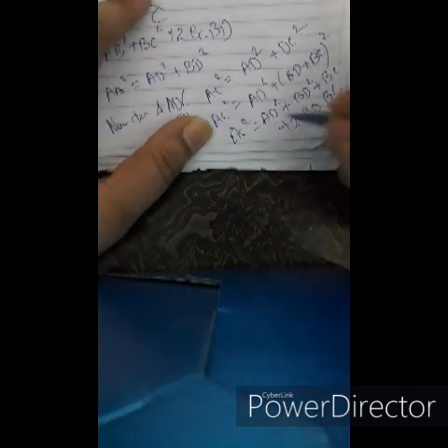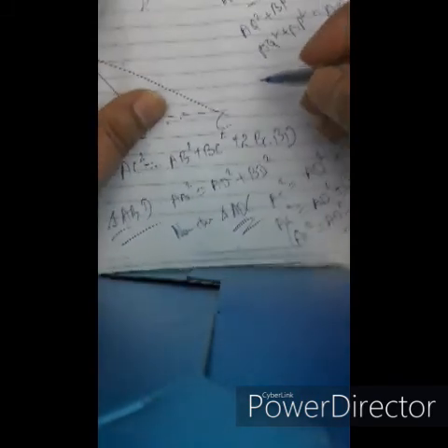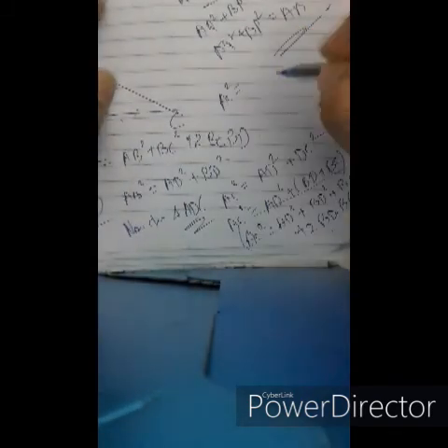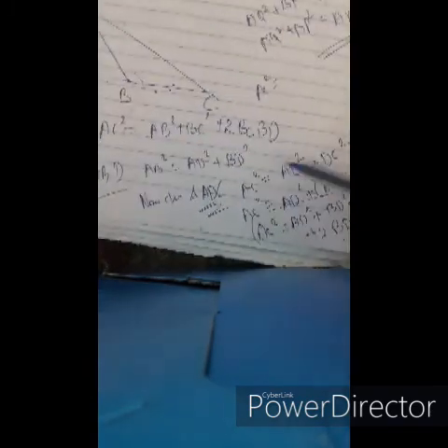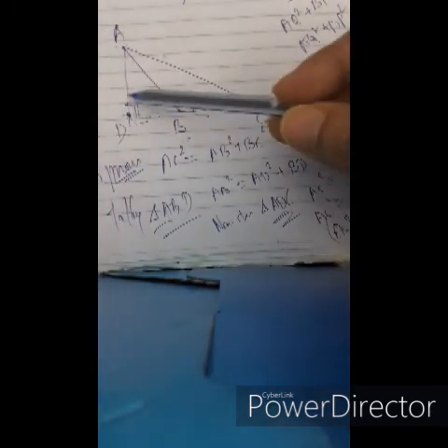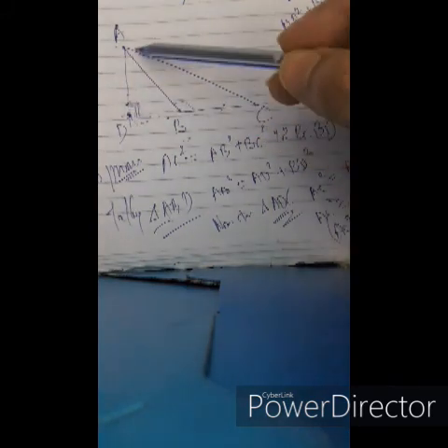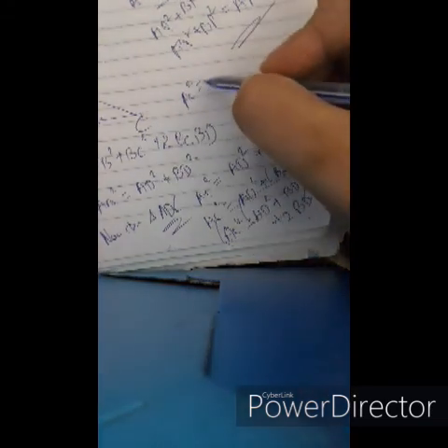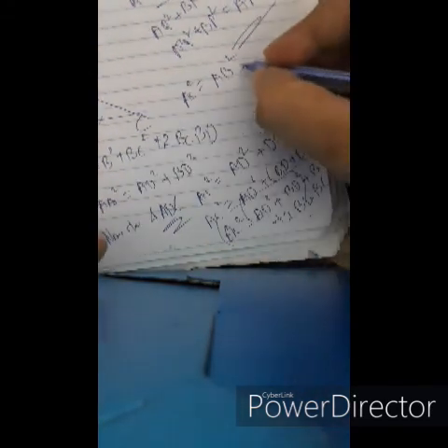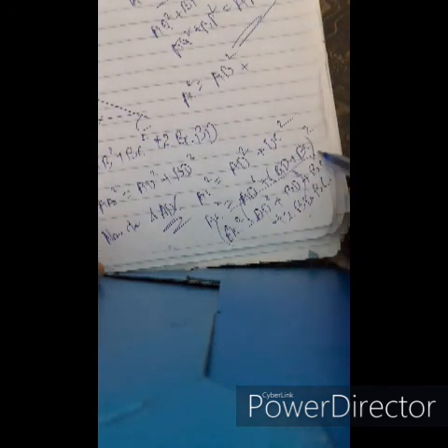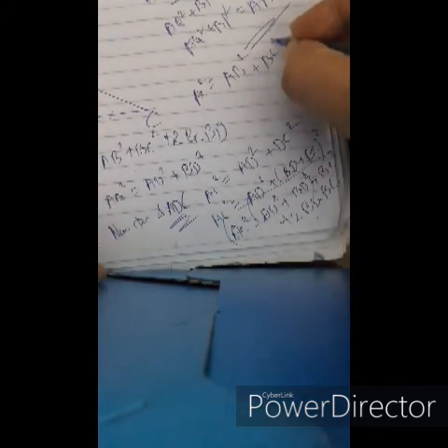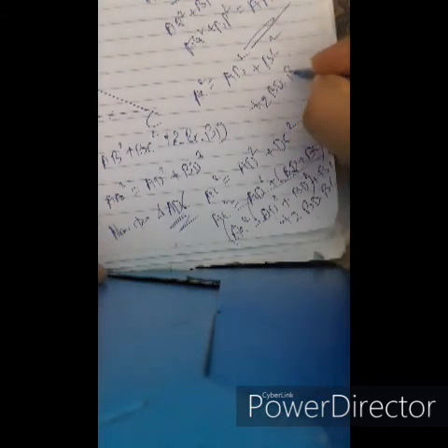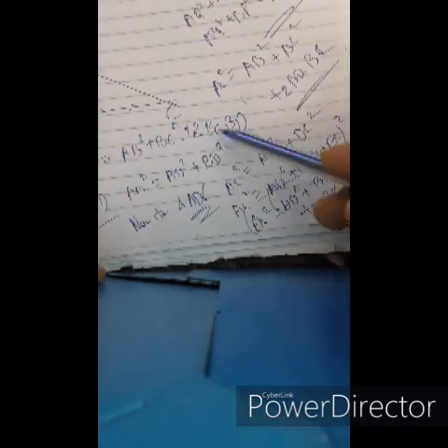I'll just take this section above and write it. AC square equals, we see AD square plus BD square, and with the right angle at D, that becomes AB square. So AD square plus BD square becomes AB square, plus BC square, plus 2 BD into BC. So AC square equals AB square plus BC square plus 2 BC into BD. Hence it is proved.